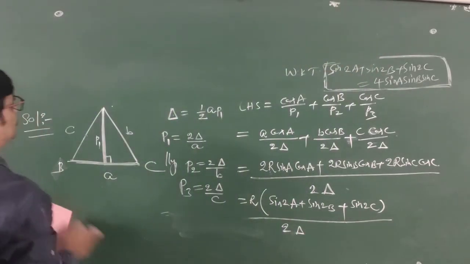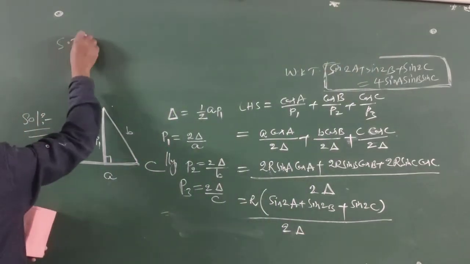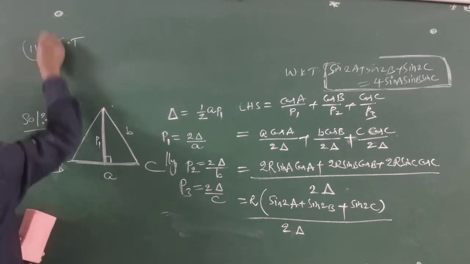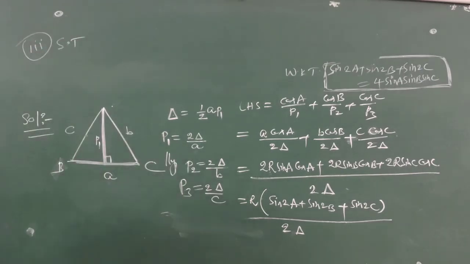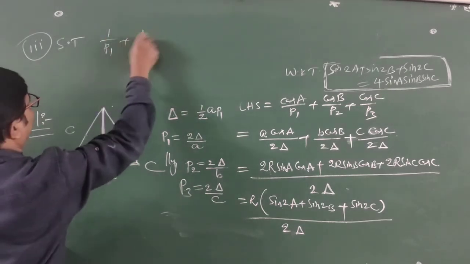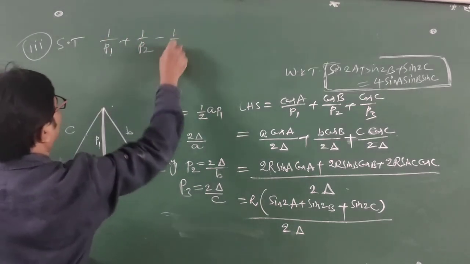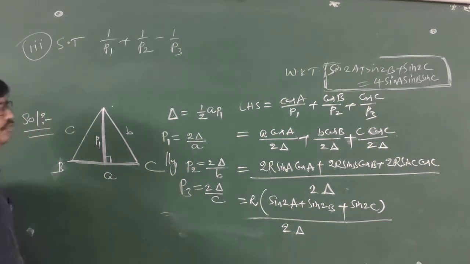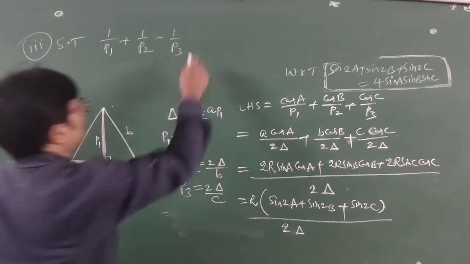My dear students, in this question, that is 1 by p1 plus 1 by p2 minus 1 by p3. What is it, students? 1 by p1 plus 1 by p2 minus 1 by p3 is